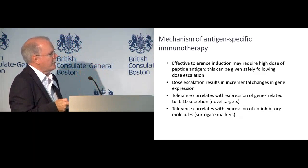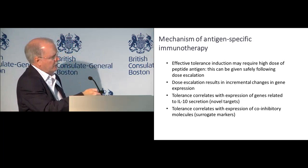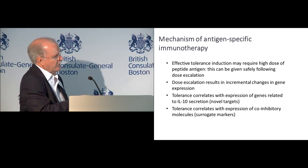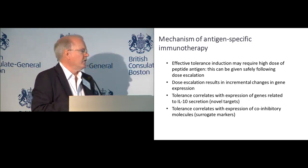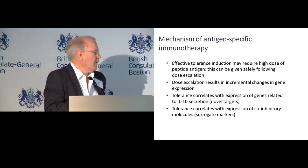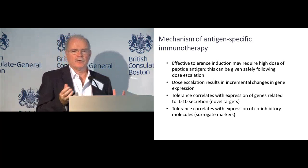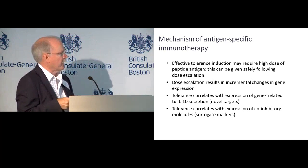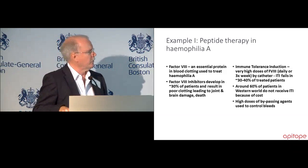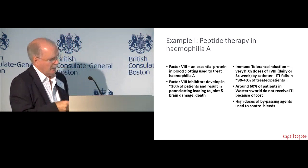So, to summarize the mechanistic studies then, effective tolerance induction may require high doses of antigen, but it appears that this can be given safely following dose escalation. And this dose escalation, in individual cells, results in incremental changes in gene transcription correlating with expression of genes promoting IL-10 and expression of the co-inhibitory molecules. And of course, we're hoping to use these co-inhibitory molecules as surrogate markers for monitoring tolerance induction in our clinical trials. So, to finish, I'd like to focus in now on some of the work that we've been doing to develop this clinically,